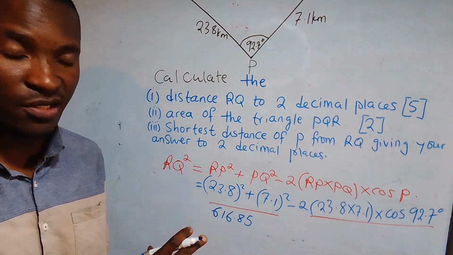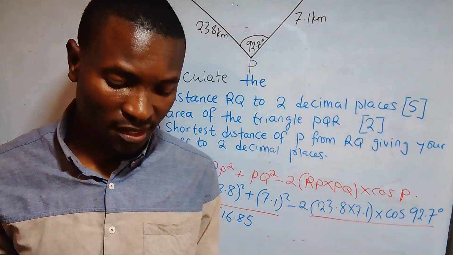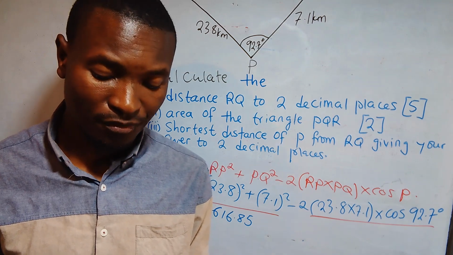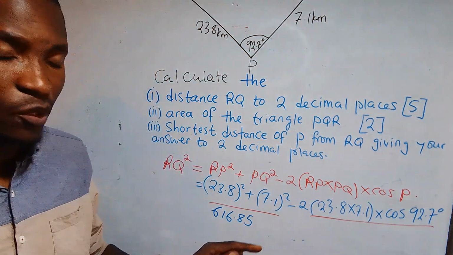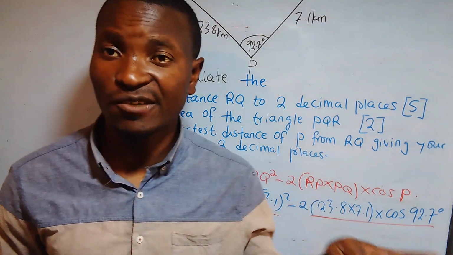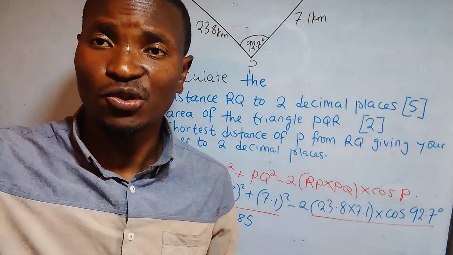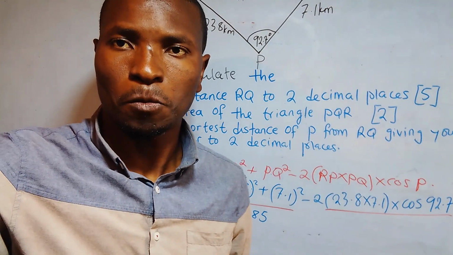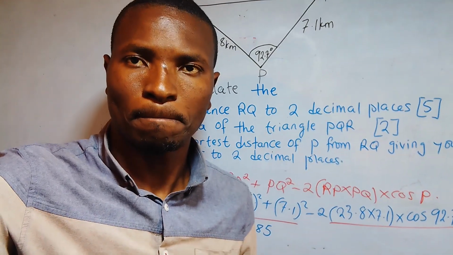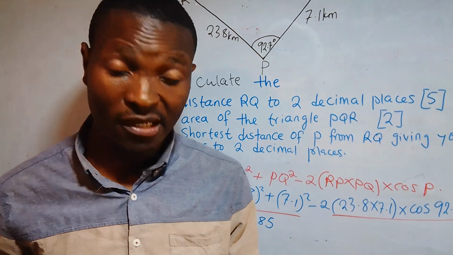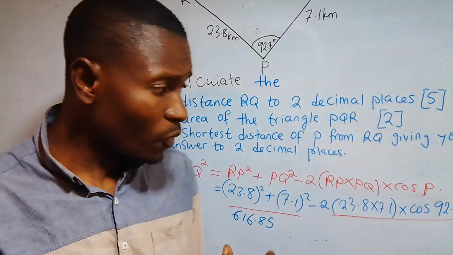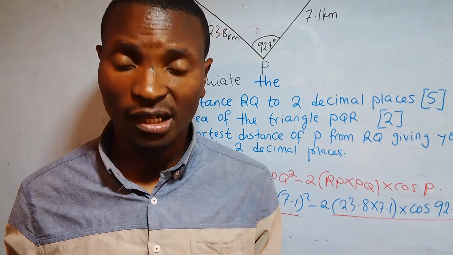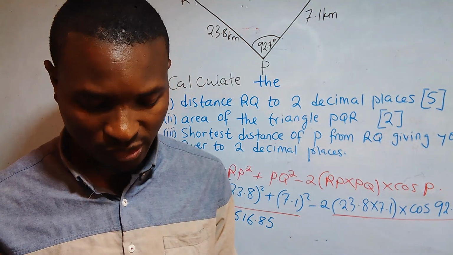Okay, so once we punch this, then we are getting 616.85. So now you have to understand that from the negative 2, from the negative 2, then all the way up to the cos of that angle, we can also punch it on the calculator. So this is going to give us